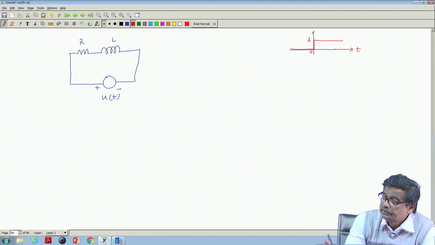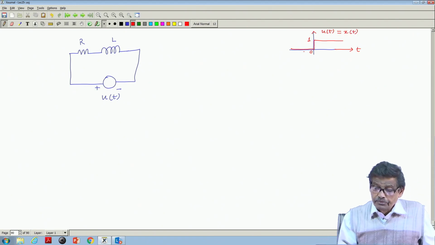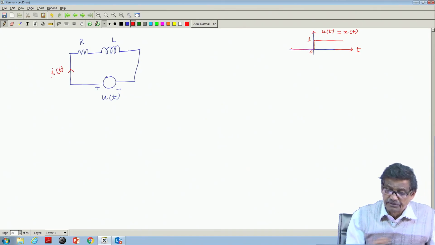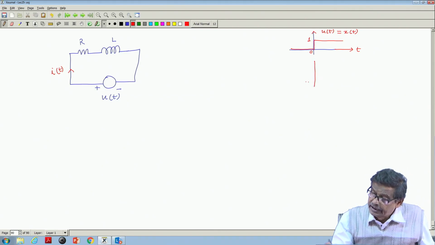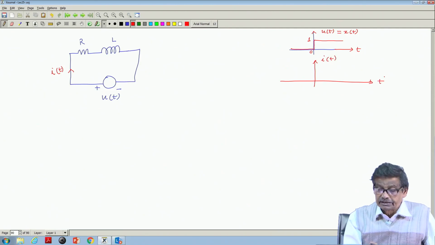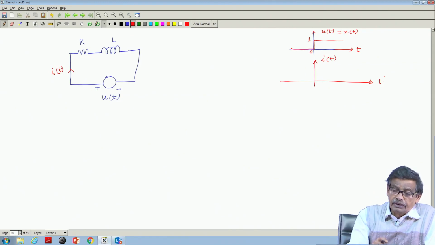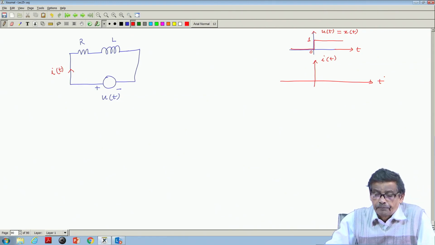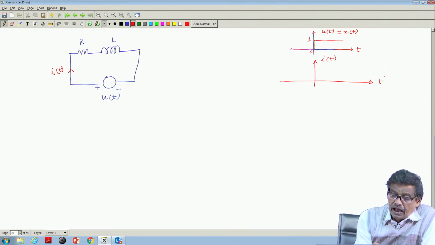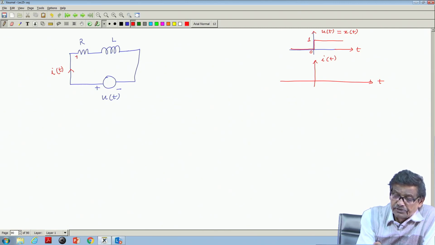This is u(t) and this happens to be your excitation x(t). I want to find out what will be the current in this circuit. Now, try to follow me very carefully. So, I want to sketch i(t). This result is already known by classical method, but let us try to apply the rule in the Laplace transform domain. Okay. So, what I am going to do is this, I will write down first the differential equation,